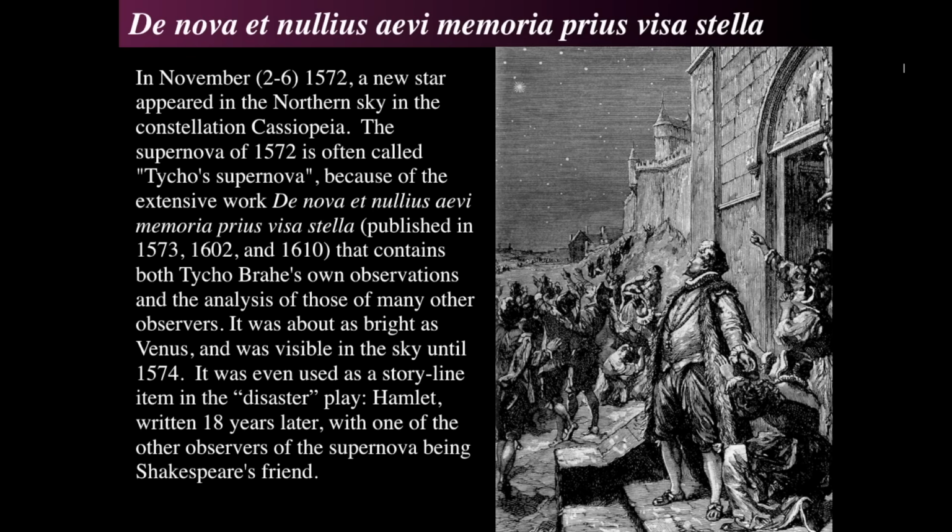But when it first emitted its light, it was brighter than Venus, and in fact, it was even used as the opening line in Act 1, Scene 1 of the play Hamlet. And if you go take a look at it, remember the play Hamlet is actually called a disaster. Not just the tragedy of Hamlet, but the disaster of Hamlet, meaning bad star. So disaster, meaning bad star, was actually part of the vernacular and part of the thinking of both the